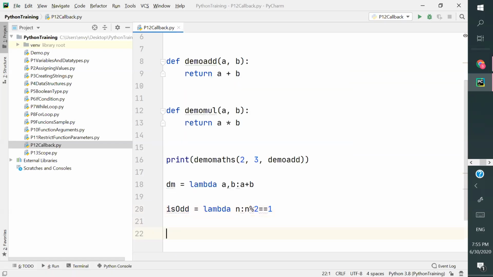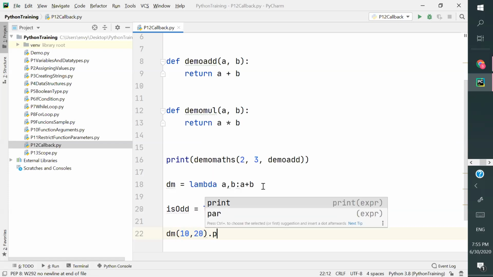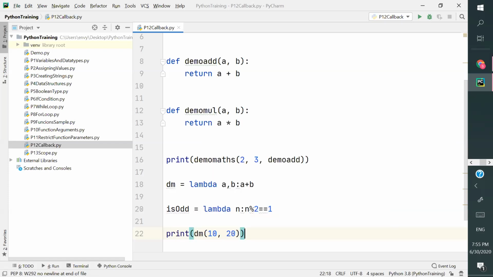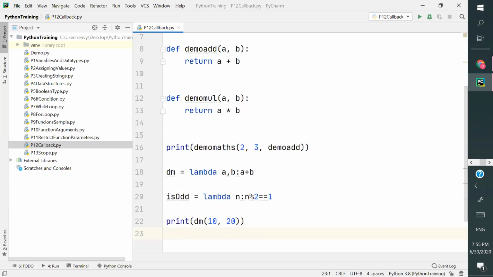So let me call both the functions: dm of 10 comma 20, print. It should print 10 plus 20, that is 30. And the second function is odd should return true or false. So here, this is equal to 1 or not, it is going to return true or false, right?